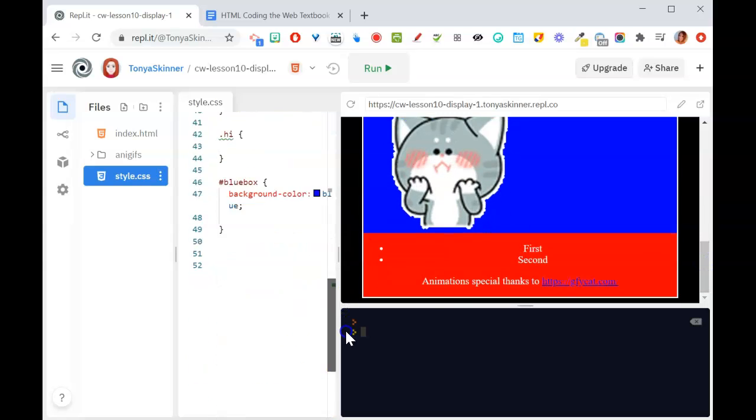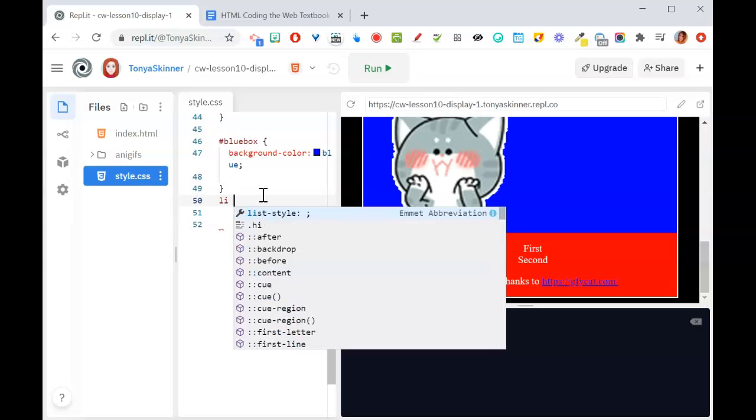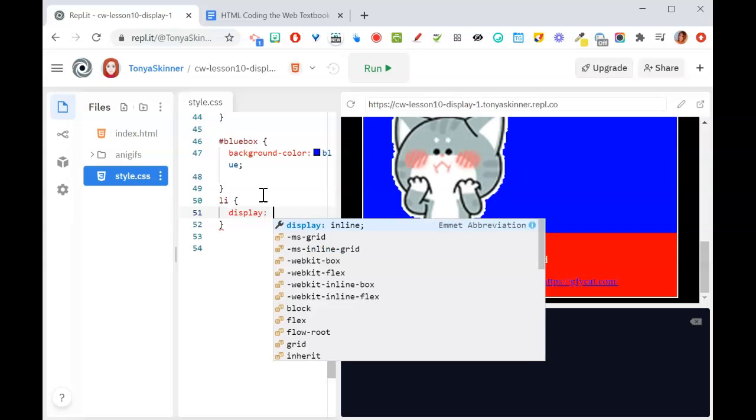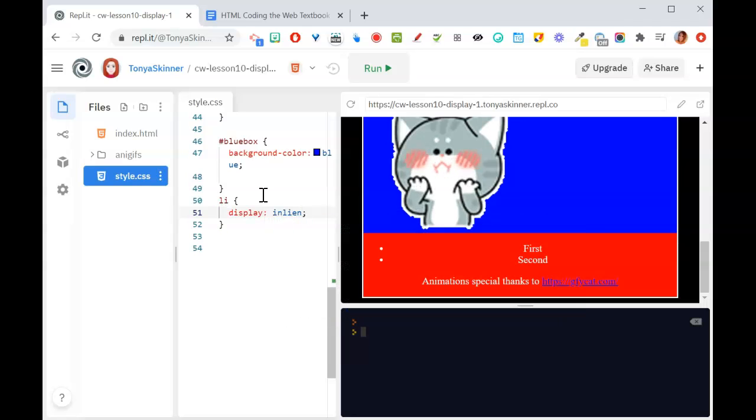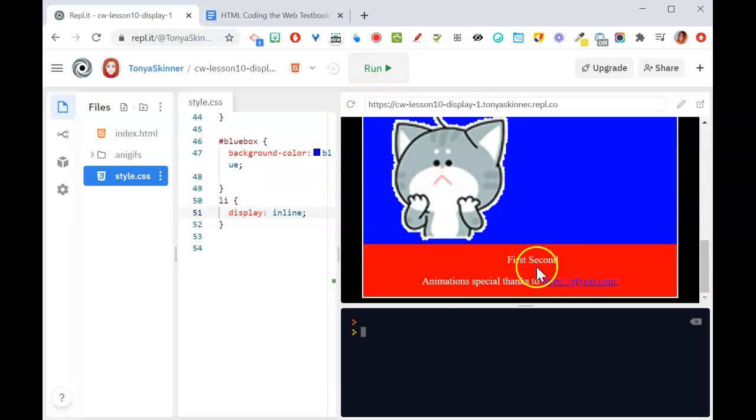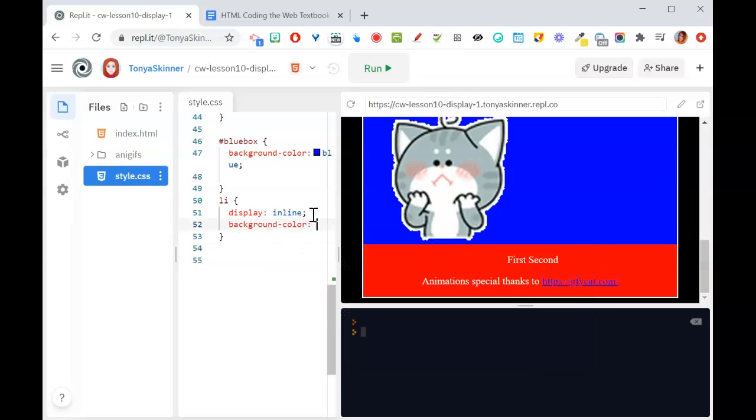All right, so let's look at this with regards to this bulleted list down here at the bottom, first and second. Bulleted lists, LIs, are typically displayed as block elements, right? So what happens if I set the display to inline? If I do that and we take a look at these, now the bullets are gone and they're right next to each other. And if I give them a background color, let's say of aqua,